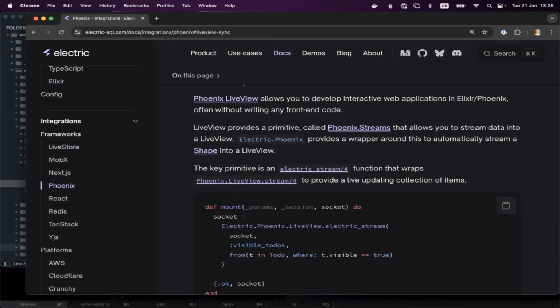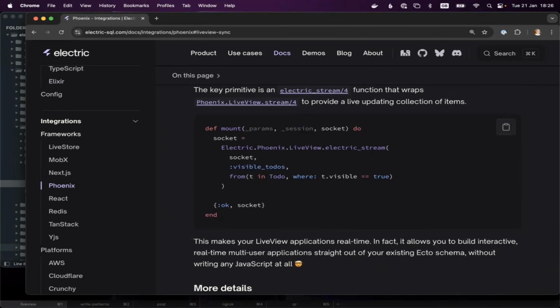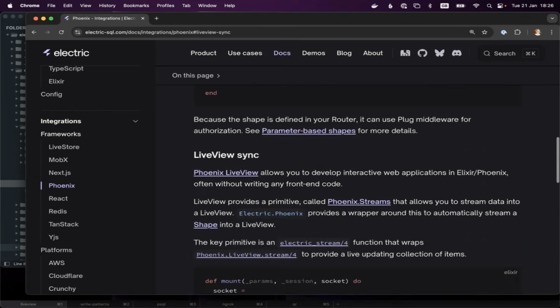And the Phoenix Streams mechanism, which makes it efficient to update collections over the wire to the front end without having to hold the whole collection in memory on the server side, we actually tap into almost one for one in the types of messages that come over our replication stream and that you would serve over the Phoenix Streams API. And so what this does is it allows you to make LiveView applications which bind to shapes out of your Postgres database and then are just real-time out of the box, which is a very cool mechanism of building real-time software without having to write any JavaScript whatsoever. And I'll jump in and show you an example of this.